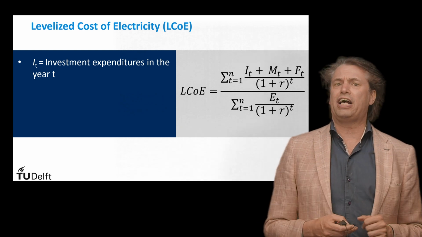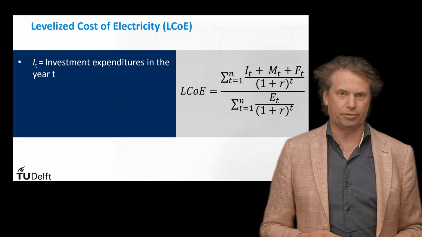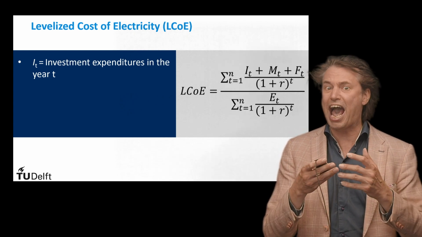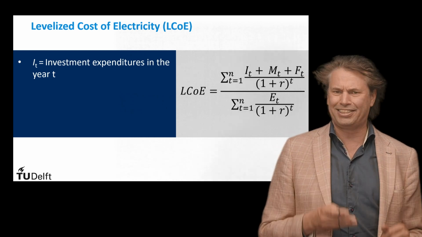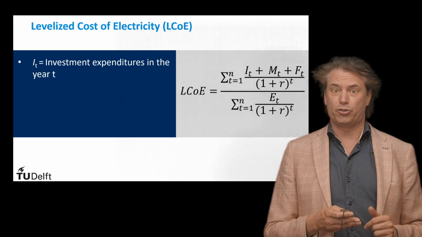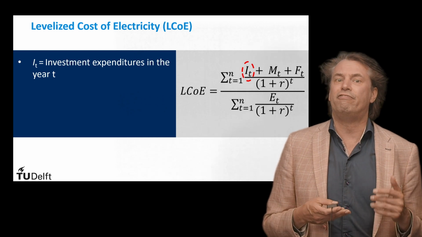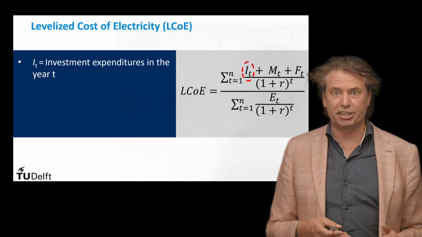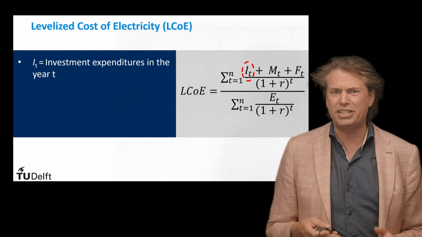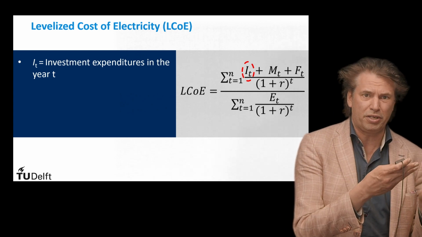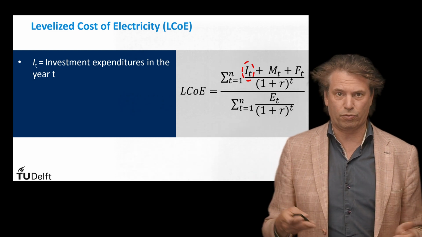The calculation of the LCOE can get quite complex depending on the number of parameters taken into consideration. In simple terms, if we know the annual yield of the PV system over its useful lifetime and the system cost, the LCOE can be determined according to the shown formula. Here I_T is the investment expenditures over a year T. So if a lifetime of the system is 25 years, we take the invested value in the beginning and divide it by 25 if it was paid for all at once.